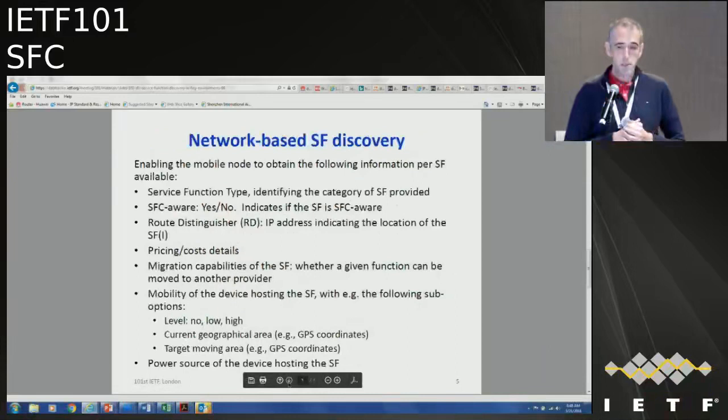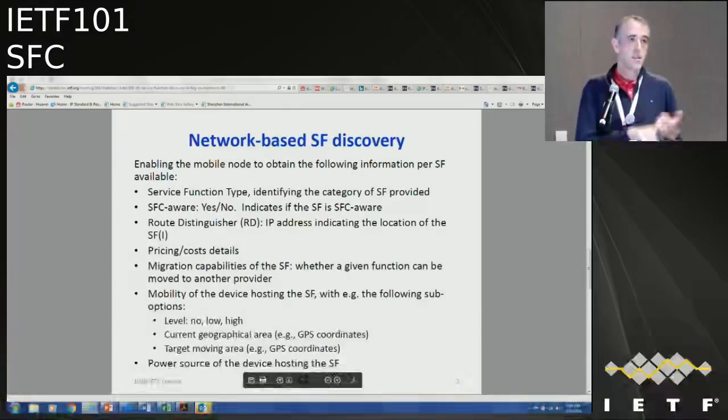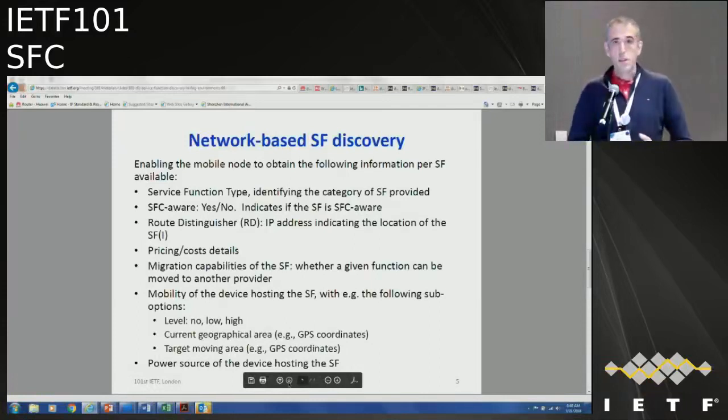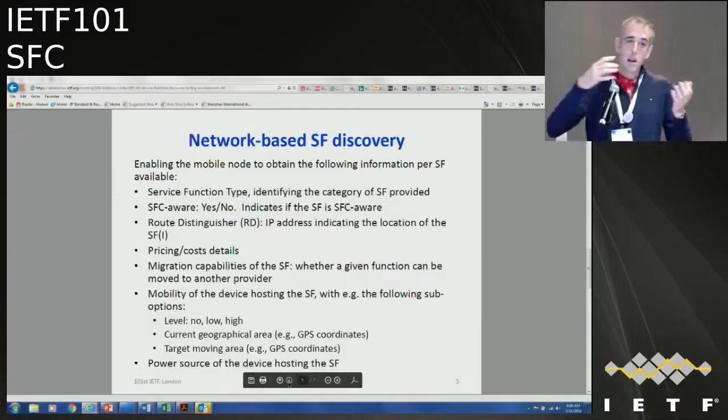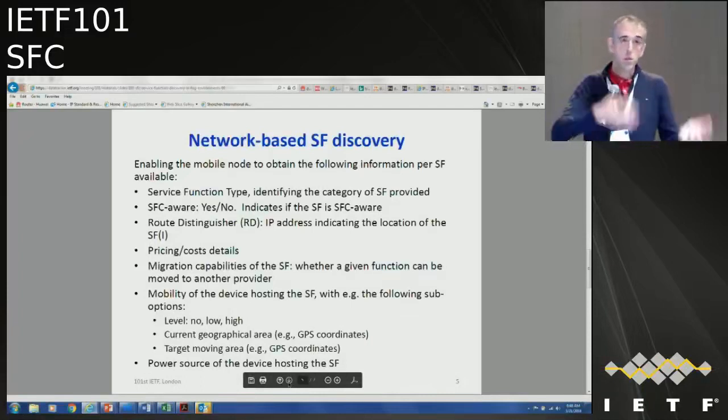Next slide, please. So what we are trying to look at is mechanisms that allow discovering these service functions. So basically the characteristics of the function, if it's SFC aware or not, the type, the IP address of those service functions, but not only to discover the functions, as I said at the beginning, but also to discover the characteristics associated to the resources hosting those functions.